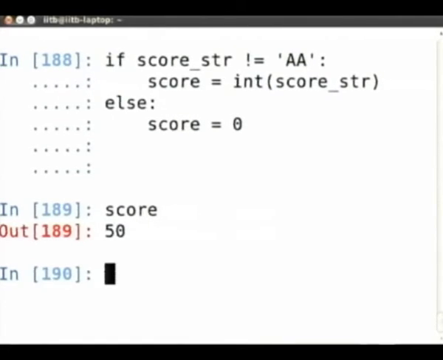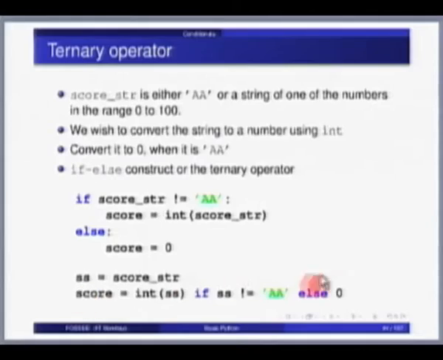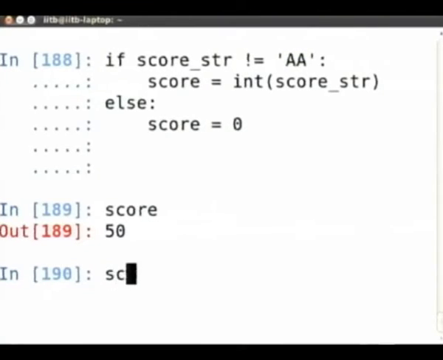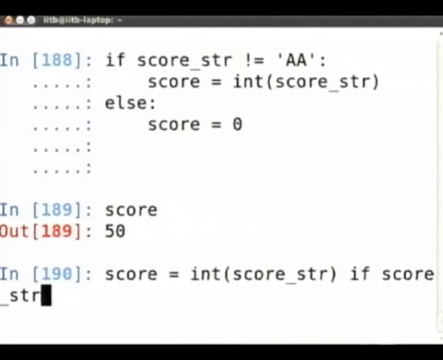In this case it worked, but sometimes score_str was AA. How do I now make this simple? So it turns out there is a ternary operator which can do this in one line. Okay. So I can say score is equal to int of score_str if score_str not equals AA.